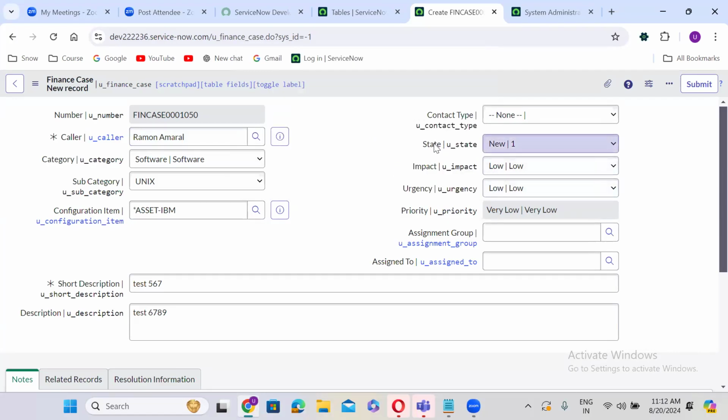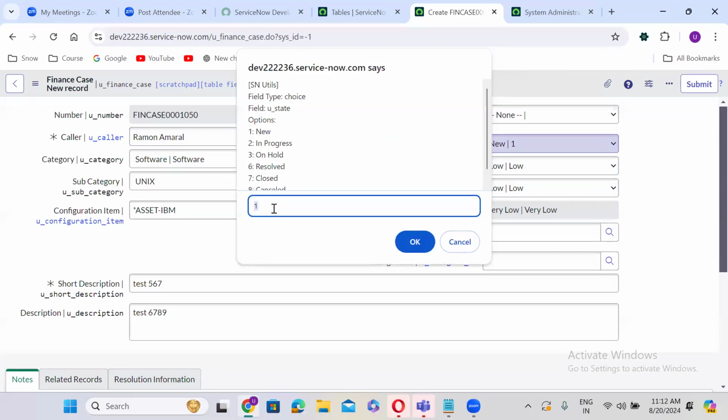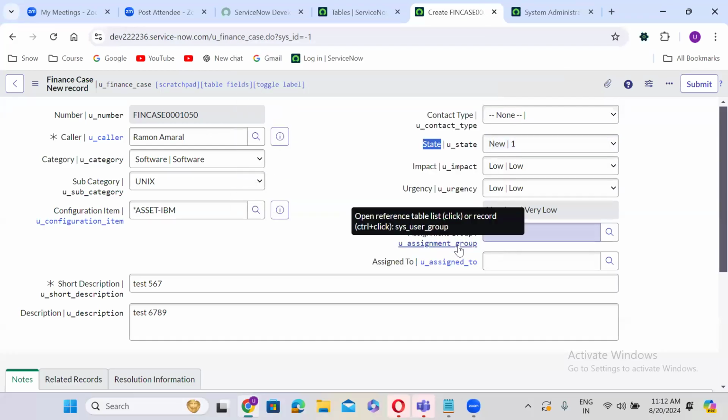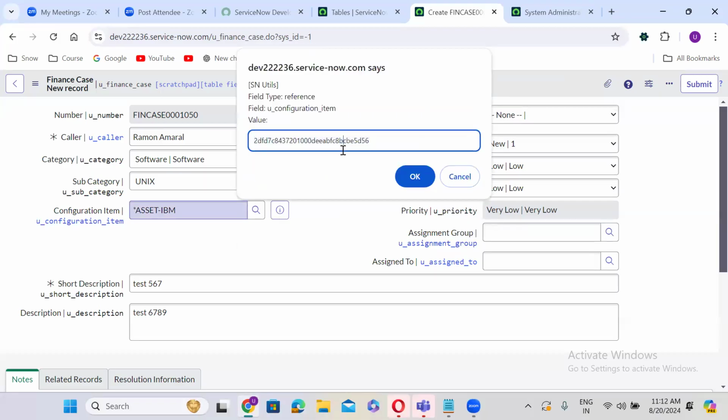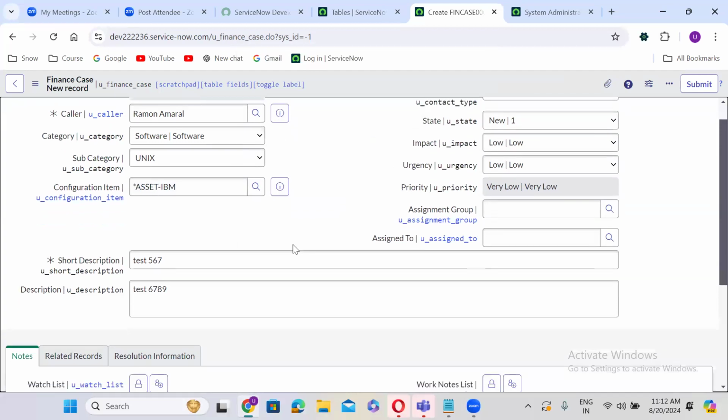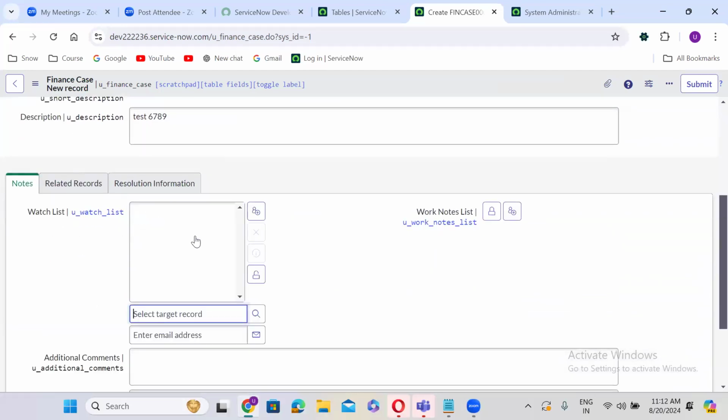Okay. So I am double clicking on this one. This is actually choice value, state choice value. And here I am double clicking in. This is actually configuration item system ID. Okay. So similarly, if you take the list field value,